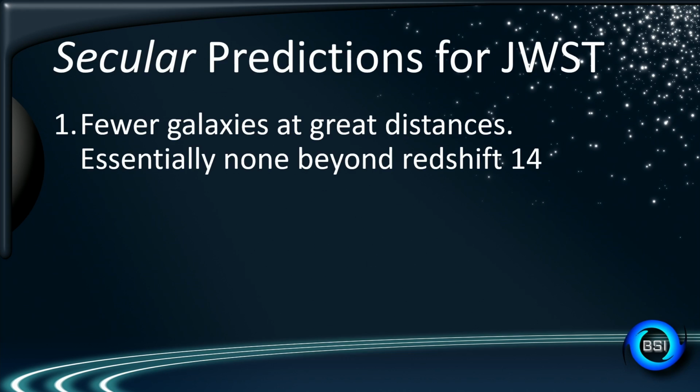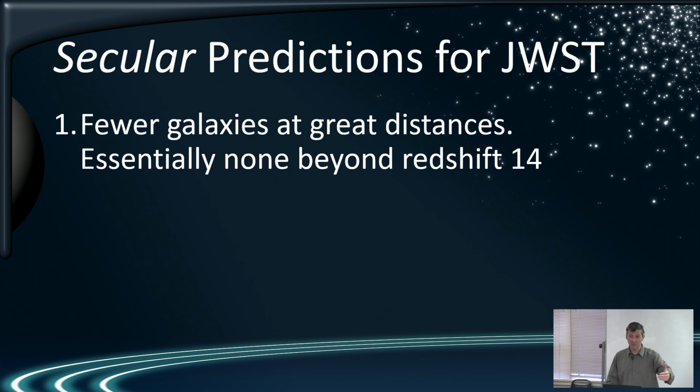So the secular predictions: 1, fewer galaxies at great distances, because you're looking back in time in their view, and there shouldn't be any beyond a redshift of about 14. Now there's a relationship between distance and redshift, and it's complicated, but think of redshift as a distance. So you shouldn't see any galaxies beyond a redshift of 14,